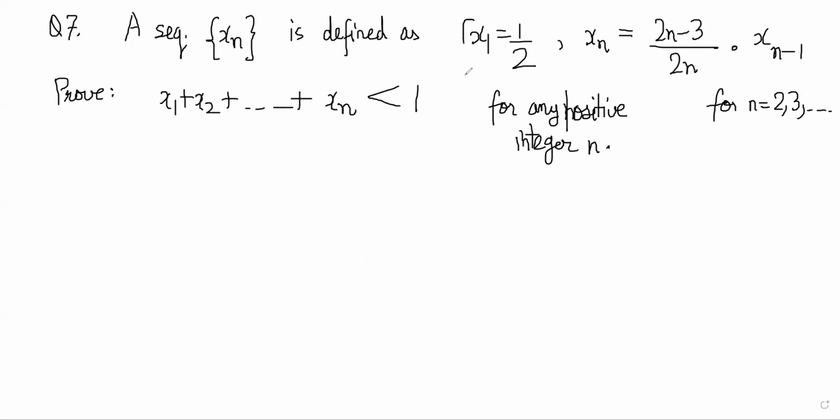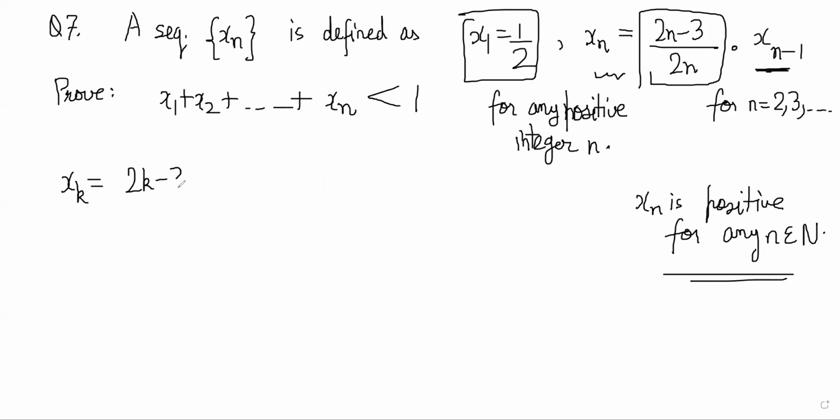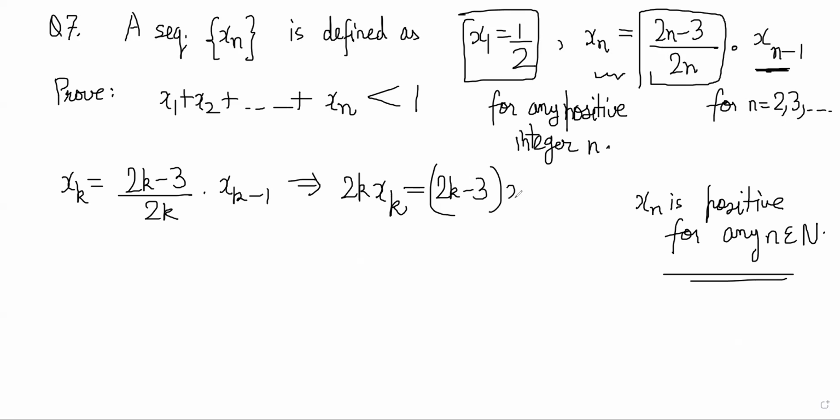Now, basically from the definition itself, x1 is 1 by 2, and xn is a positive number multiplied by the previous term. So it will be positive. So we can say that xn is positive for any n belongs to natural number. That is obvious from the way the sequence has been defined. Now we can say that xk is equal to (2k minus 3) by 2k multiplied by x(k minus 1), and we can rewrite it as 2k xk is equal to (2k minus 3) times x(k minus 1),